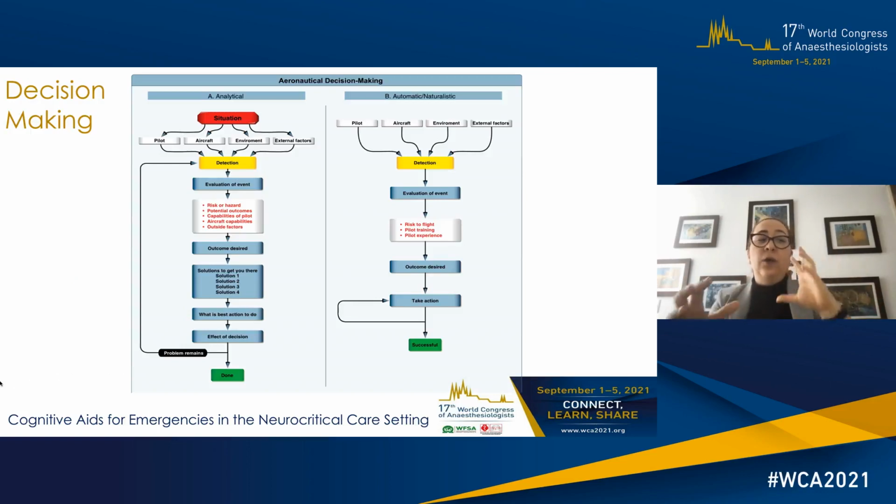The other thing is, when we make decisions, there are several things that we do. When there's a situation, we rapidly go through different assessments of what is happening. We go through a path in order to confirm or refute the hypothesis of what is happening to the patient and start actions on how to treat it so we can resuscitate the patient. And when we are taking action, we need the recipe. We need to start placing some steps, and in order for you to not forget them,